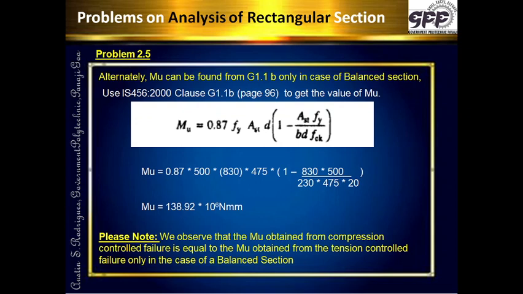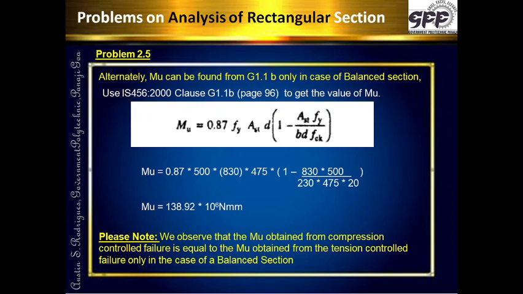Now in the case of an underreinforced section, we cannot use G-1.1c because concrete has not yielded to maximum. The value will come much higher. The value of C obtained over here through that equation, or the Mu obtained, will be much higher. So that would be a wrong result. So only in case of a balanced section we can use either of the formulae. Preferably the code says use G-1.1c and get the answer.